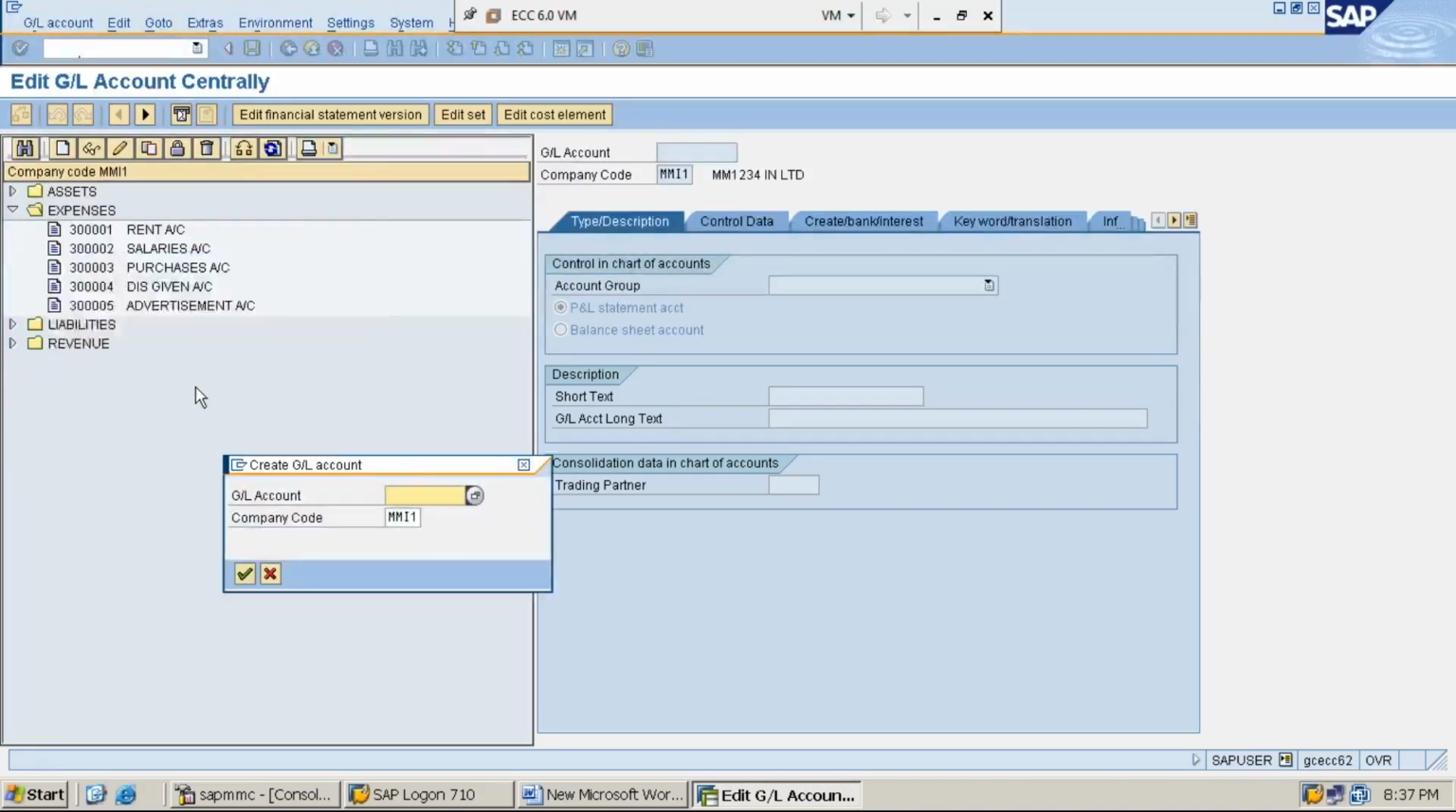See, under expenses group, till what number we made use? 3 lakh 5. So next available number is 3 lakh 6. So give 3 lakh 6. If in your system the available number is 3 lakh 5, you can take 3 lakh 5, no problem. So 3 lakh 6, company code MMI1, give the company code,